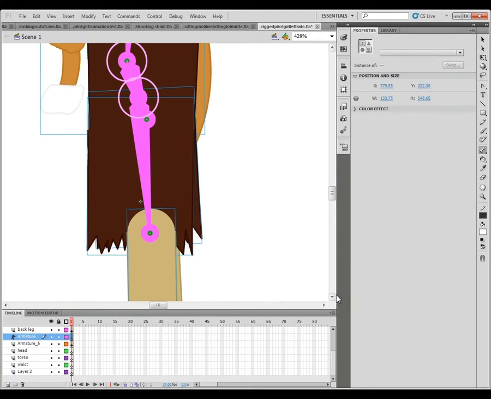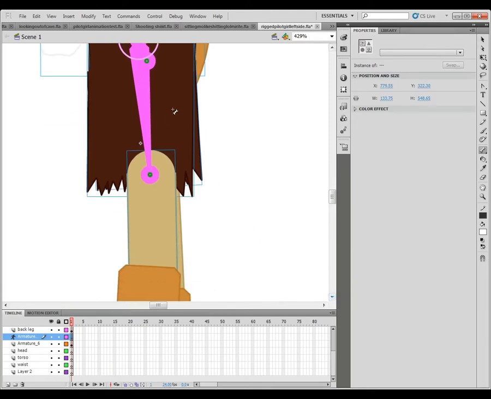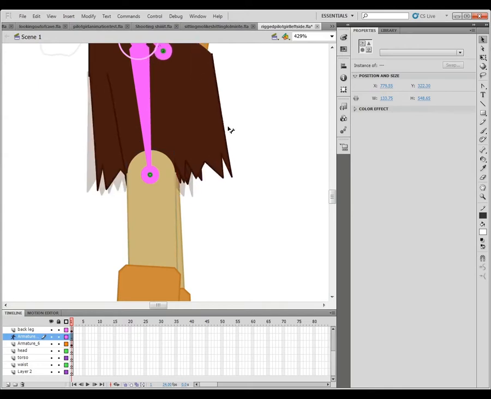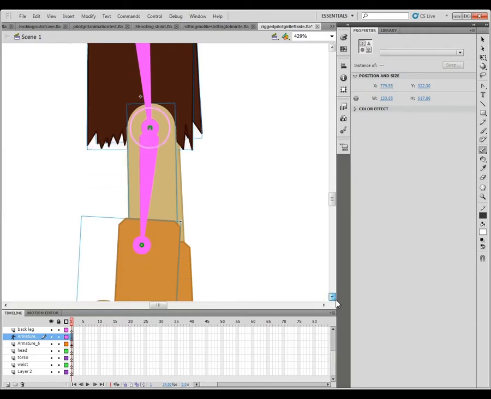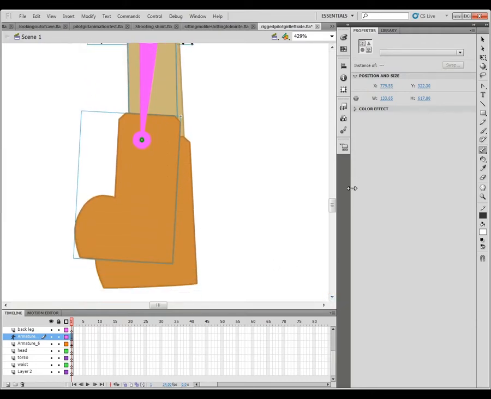Otherwise, it's just not gonna show up, or you're not gonna be able to do it, because the way the bone tool works is that it registers the thing that's highest up in the layer scale that you have your button over. Anyways, yeah, you do that,